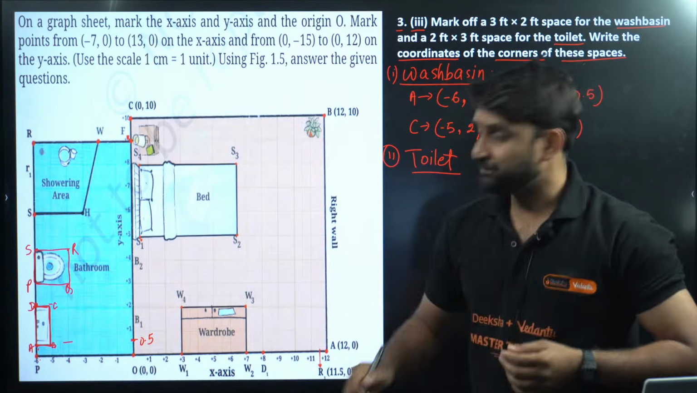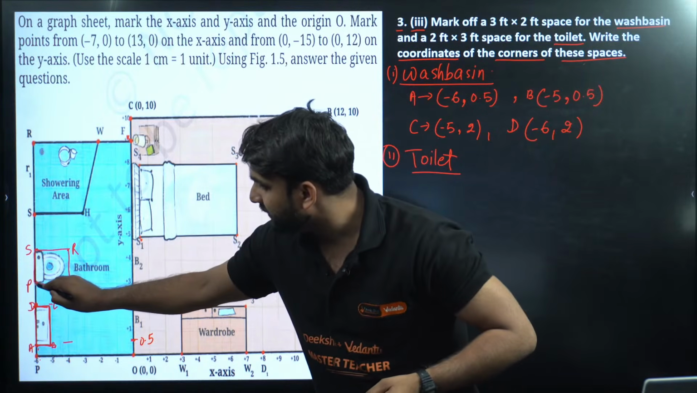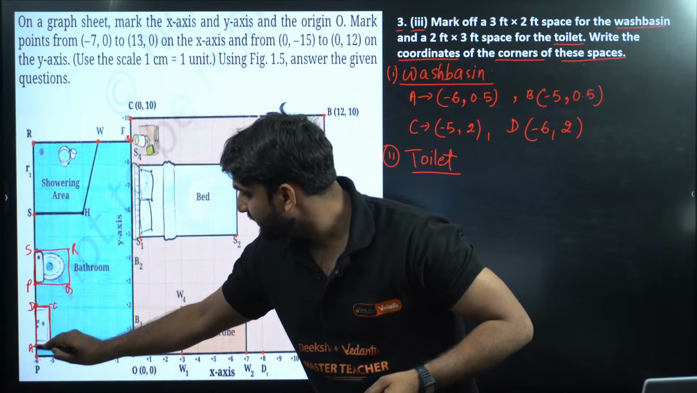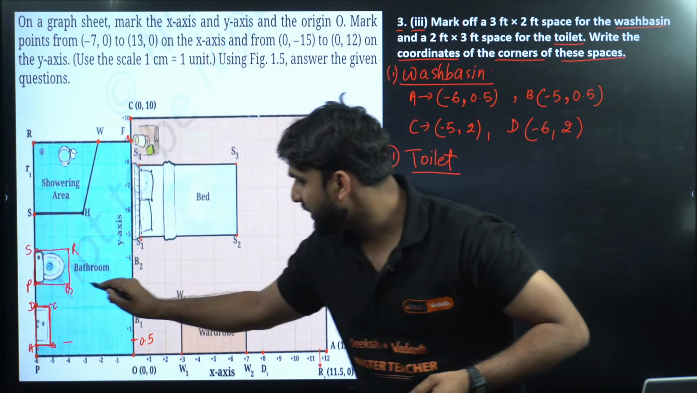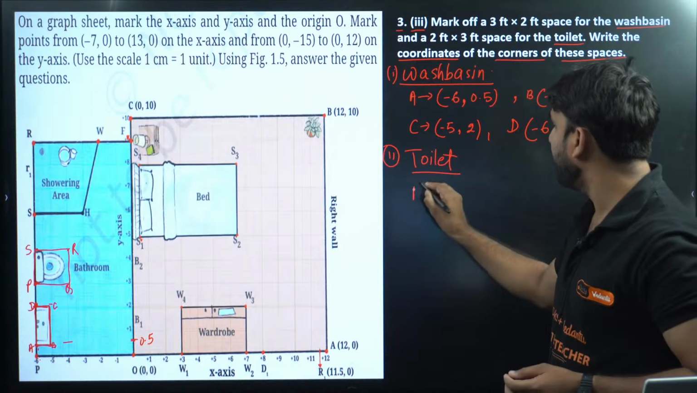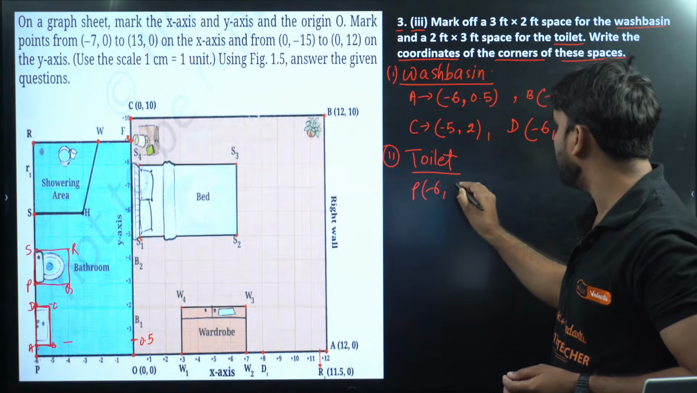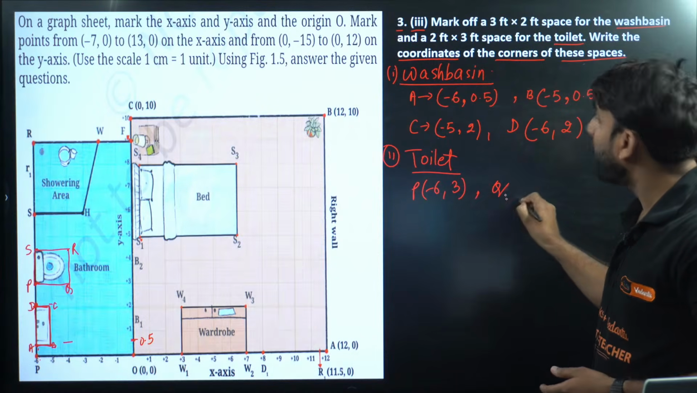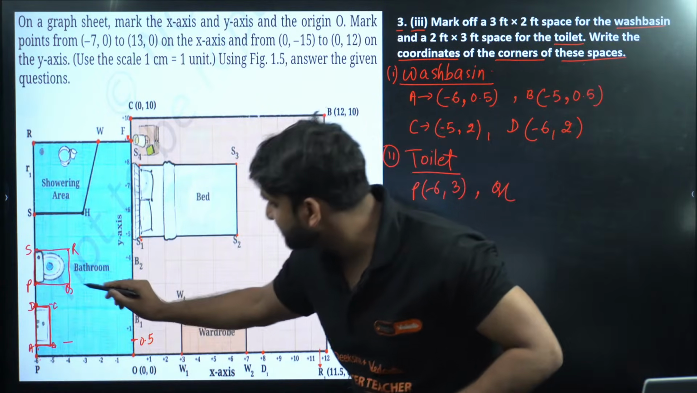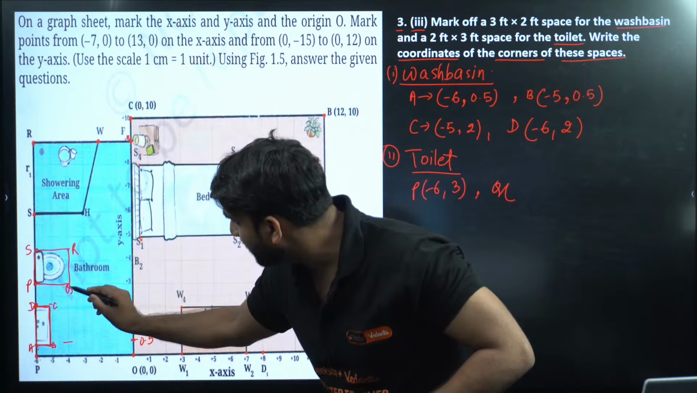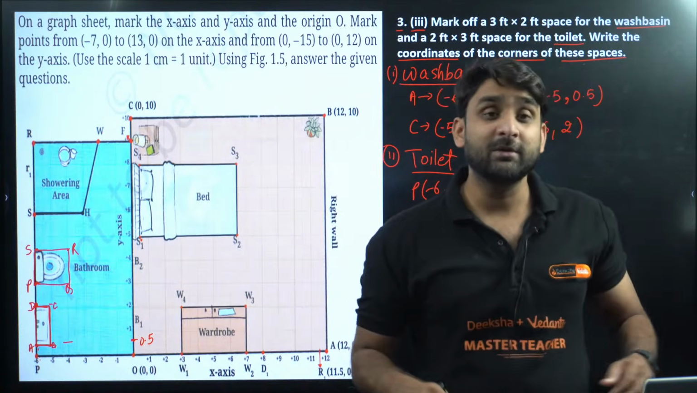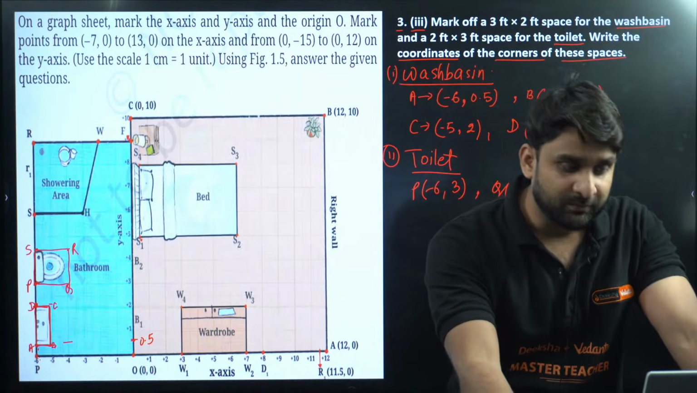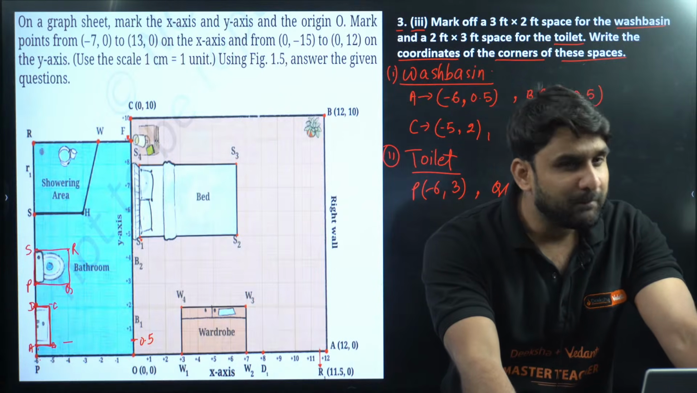What will be P? This is the P point, and this P point is here, -6, and the y coordinate is 3. So the coordinate of P will be -6, 3. Is it clear to everyone? Now moving to Q, what will be the coordinate of Q? Where is Q? This is Q here, and this is -4, and this is 3. So what will be the coordinate of Q? Come on, -4,